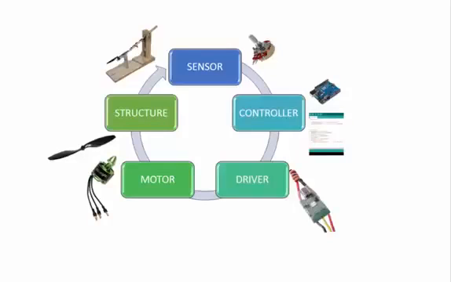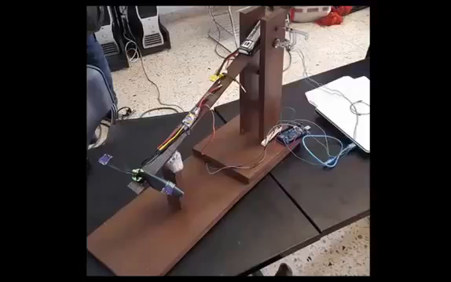The motor rotates according to that PWM, and so the propeller. And with the impulse of the propeller, the rocker moves, and so the value of the sensor changes, and it goes on and on. And here is a photo of our model, and you can see here the potentiometer attached to the rocker,